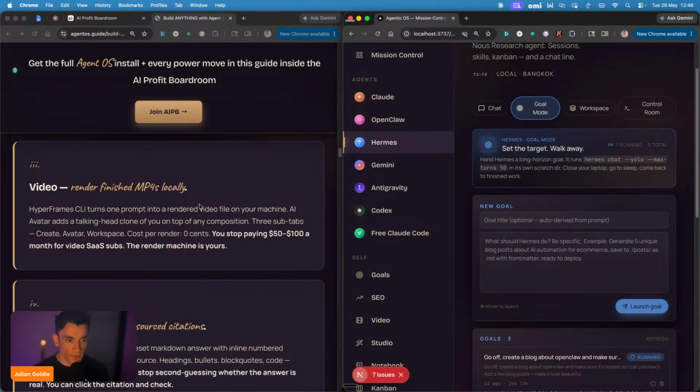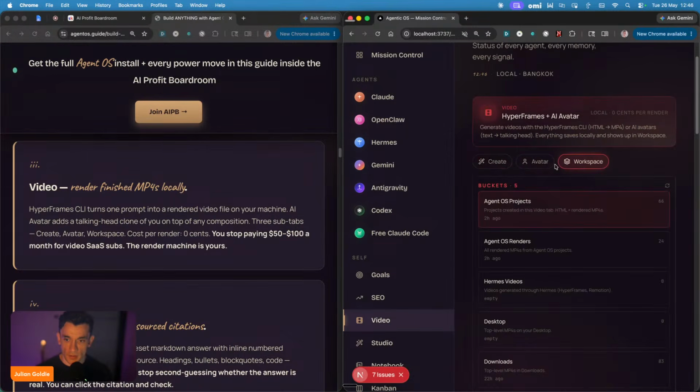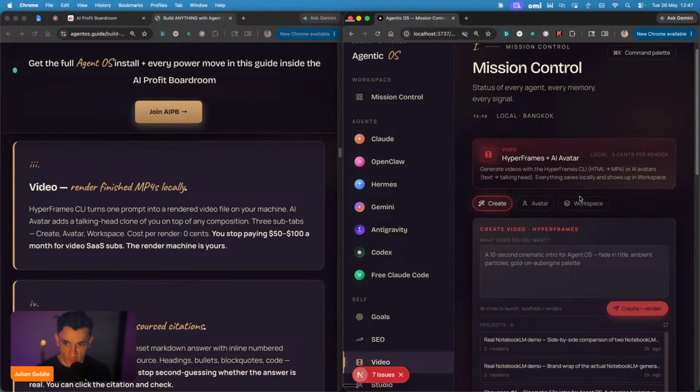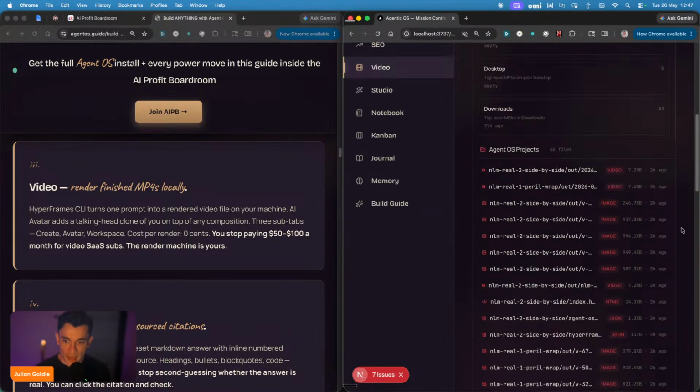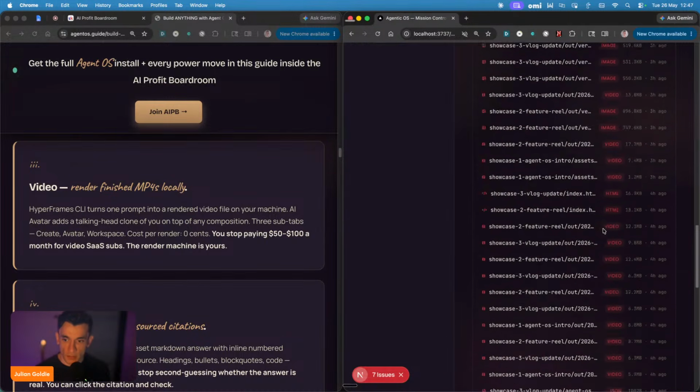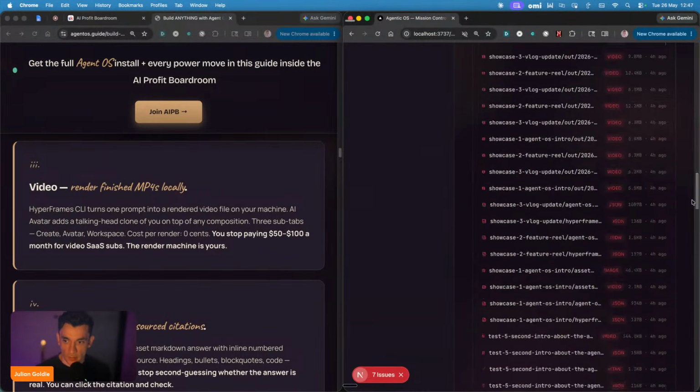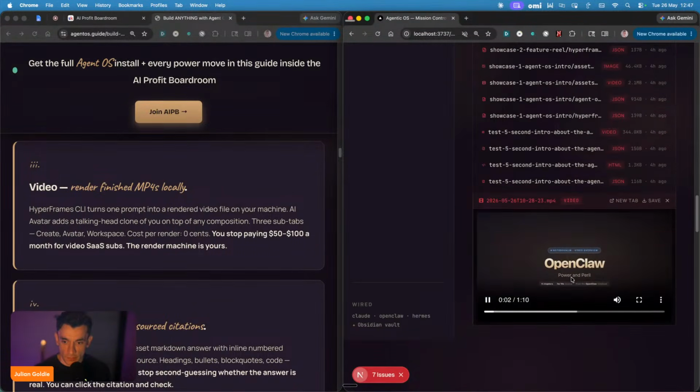Then we also have video, right? So inside this section here, you can see that we can create videos with my AI avatar, right? Pretty amazing. We can create over here. And then we've got this workspace with everything that we've created previously, right? And we can preview everything inside one system. So for example, if we click on this and then we want to preview this example, you can see it